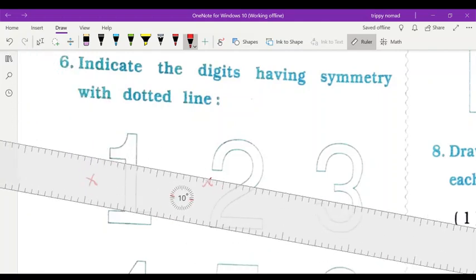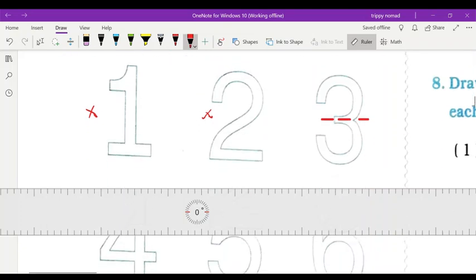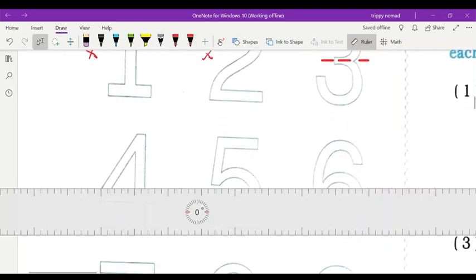a line of symmetry here. Which line will you draw here? You see here, this line. What type of line is that, horizontal or vertical? If you draw a standing line, it is called vertical. If you draw a sleeping line, it is called a horizontal line. I hope you understood. So by drawing either kind of line, you can divide the figure.